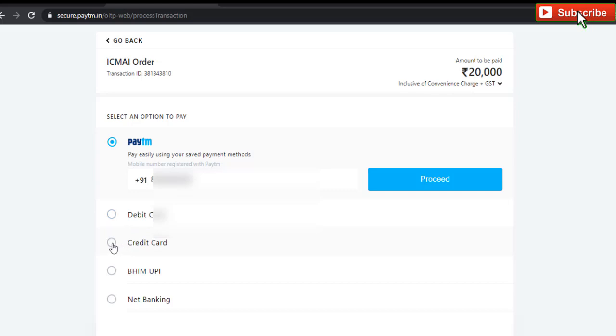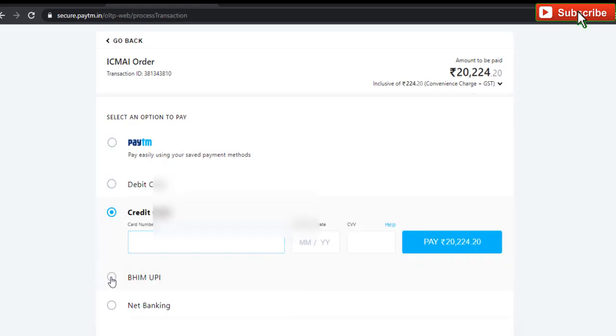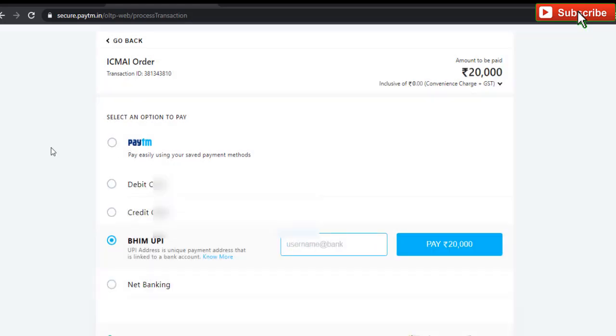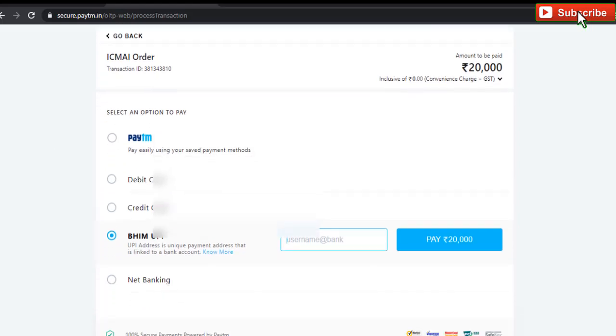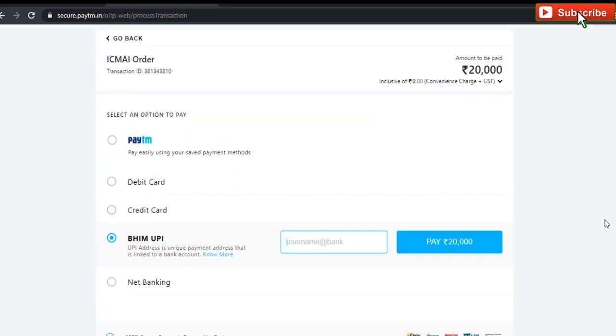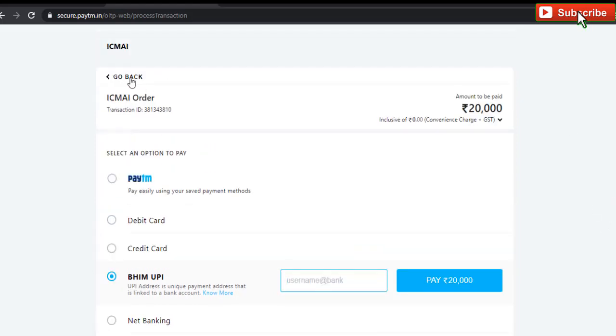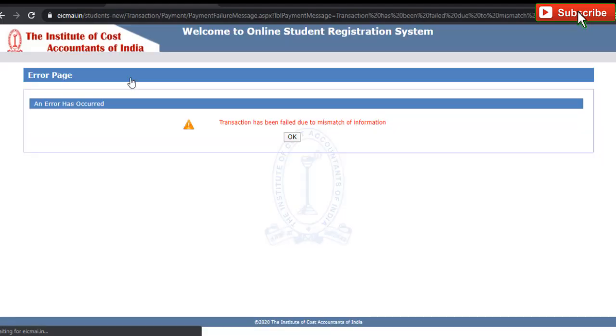Paytm, credit card, or BHIM UPI, whatever the thing from which I am going to pay. So these are the things from which we can pay. I am not going to pay, so I am going back. And it's showing the transaction has failed as I have not paid.